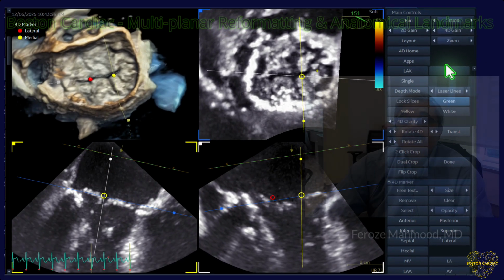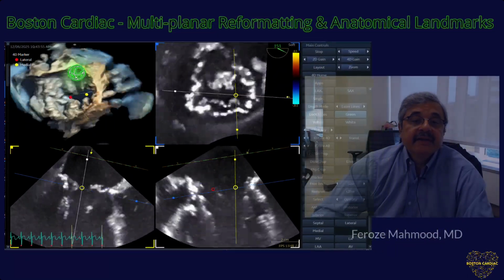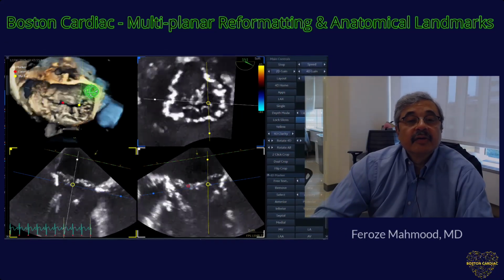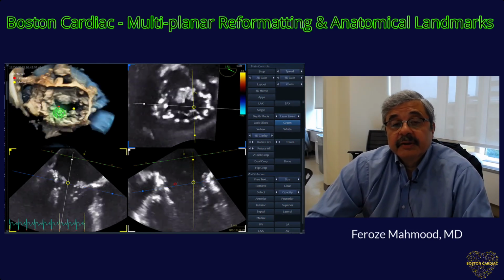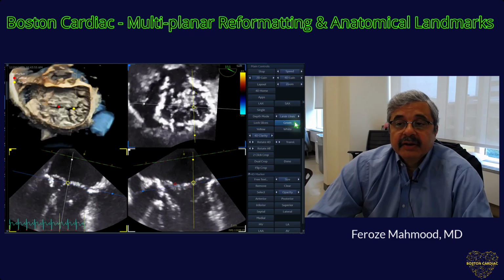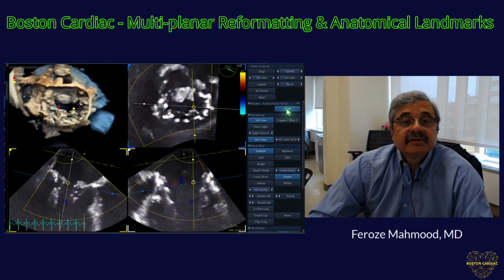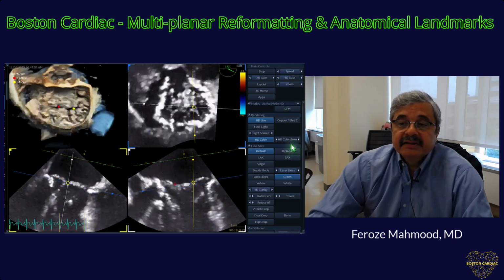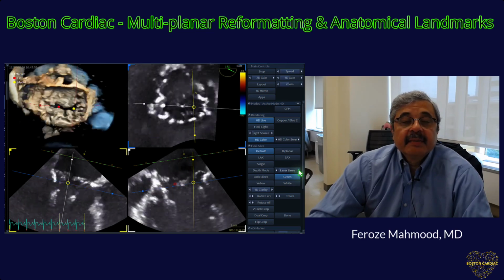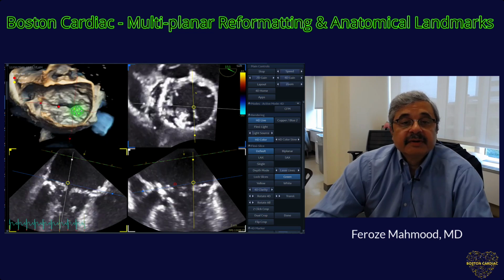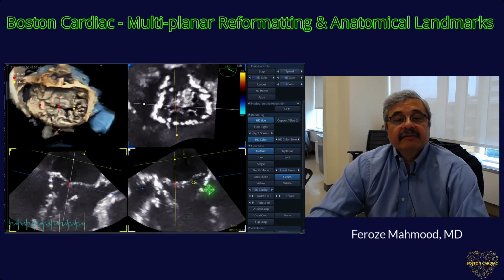And now, if I was to simply run this, when we are doing the imaging and when we are telling our proceduralists where exactly to go for the placement of the edge-to-edge device, now you have a very specific target showing you can go one or the other side. You can confirm this again by putting the color flow information to show that these are the locations of the two largest jets. You can make this obvious by taking them off, or making these lines a little bit more obvious by showing that you have correctly identified. And if you take the crosshair onto this one, you can see now you have the lateral effective